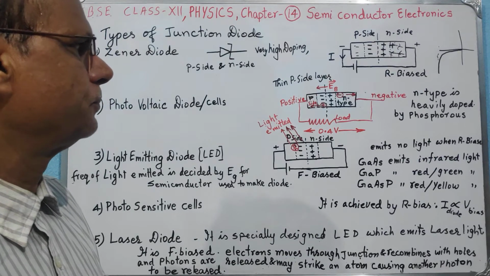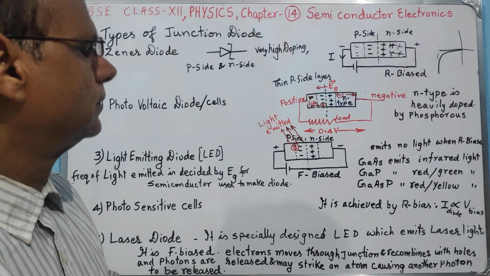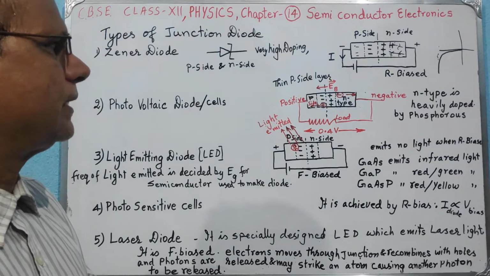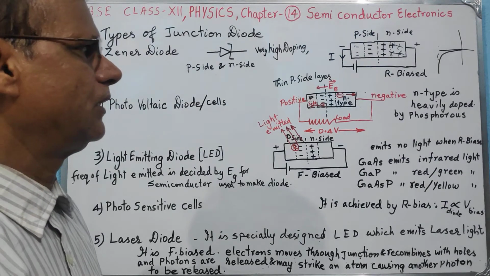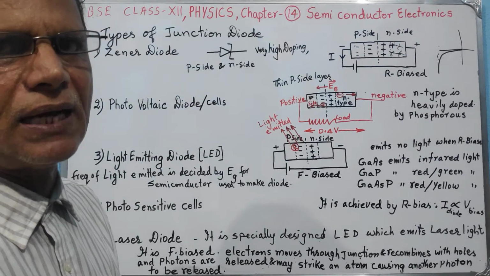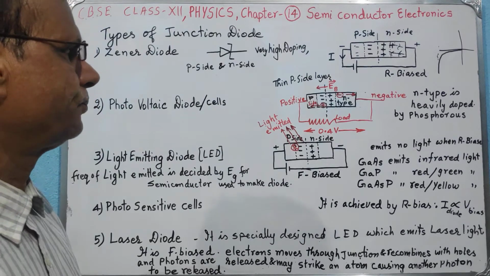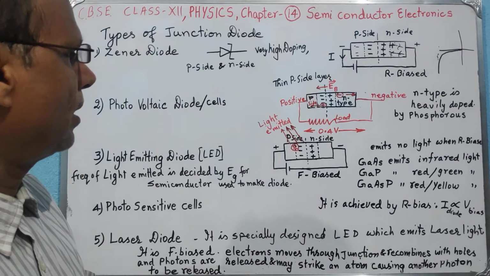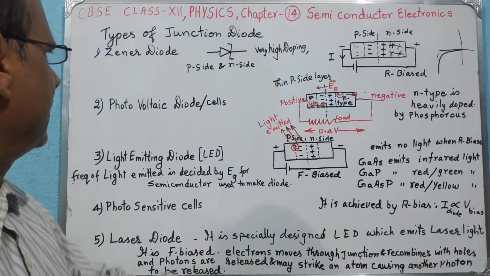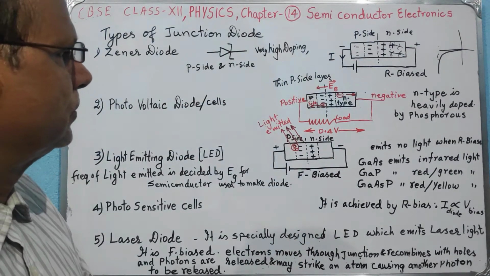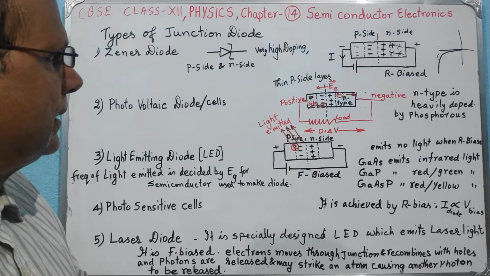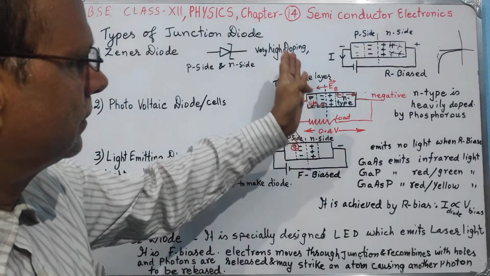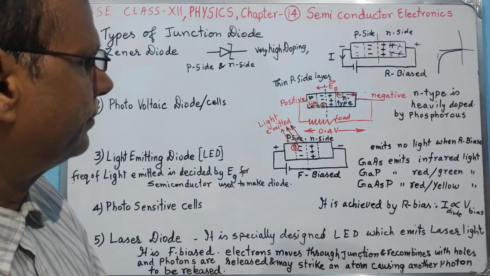So that means this is quite dependable, especially in those locations where we have abundance of sunlight. Now how it works, let us see. When a light ray is incident on the junction of the